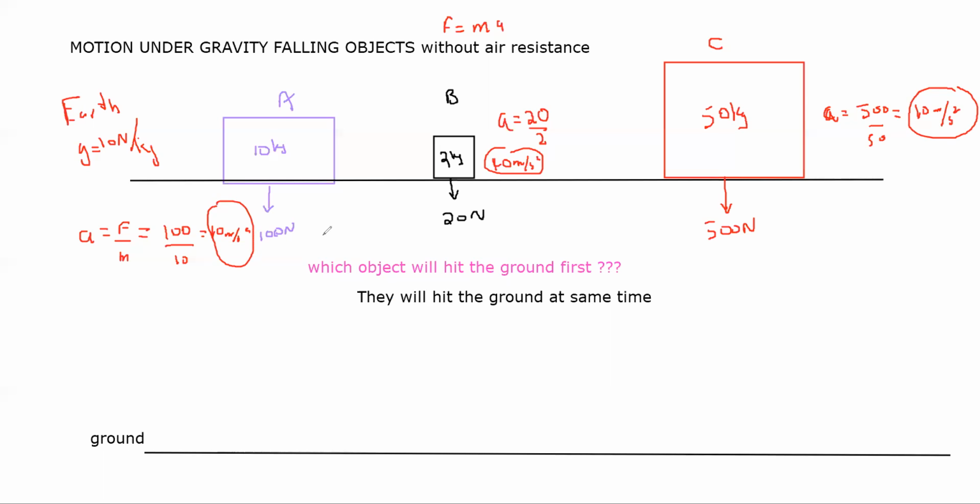So when you drop the objects without air resistance, all the objects will have the same acceleration, meaning the same change in speed. So after 1 second, what will be the speed of A? Speed of A will be 10. After 1 second, what is the speed of B? That is also 10. After 1 second, what is the speed of C? The speed of C is also 10. After another 1 second, every second the speed will change by 10, and this change in the speed due to acceleration is known as acceleration due to